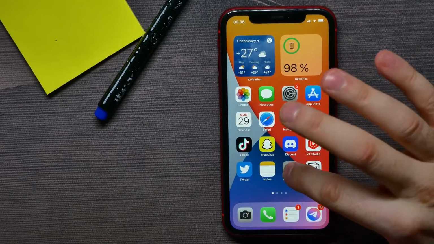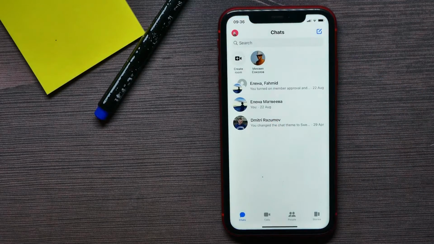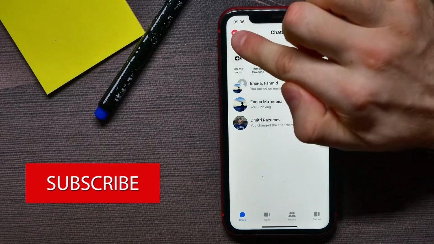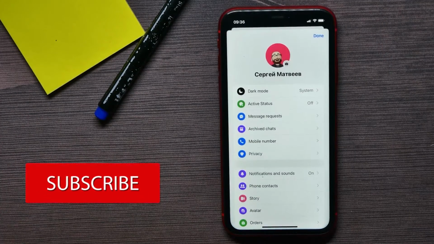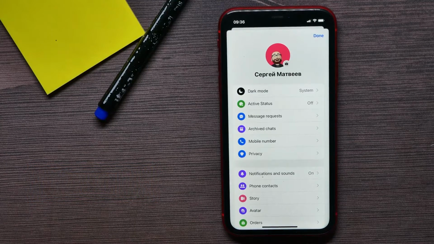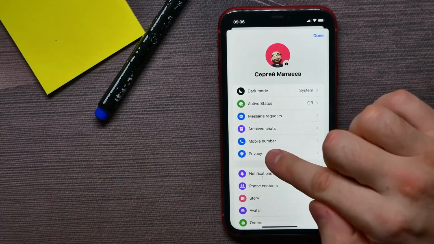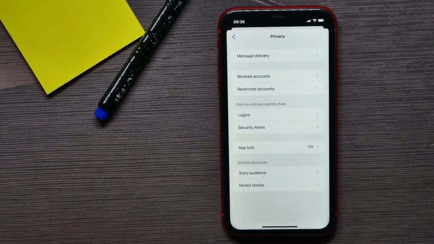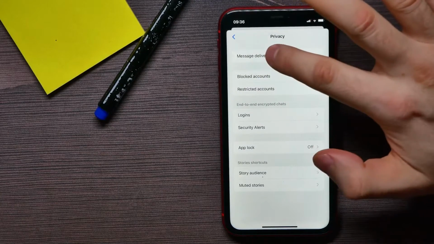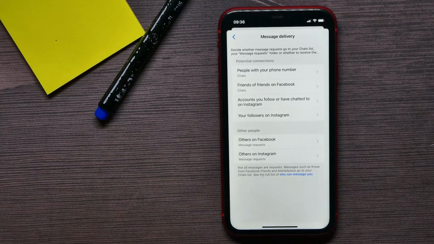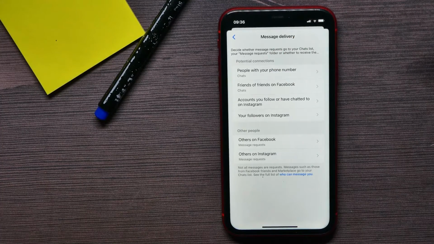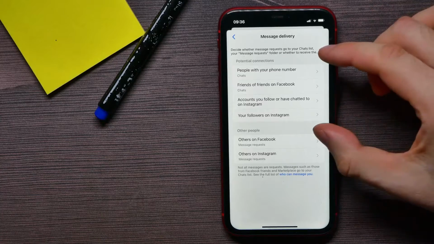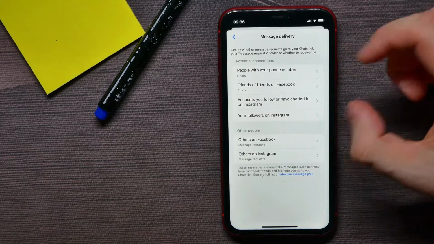First, open up the Facebook Messenger app and then tap your profile picture right there at the top left. It gives us a bunch of different options, but you have to enter Privacy and there tap Message Delivery. Here's the place where you can set up message delivery options, and there you actually have 6 categories